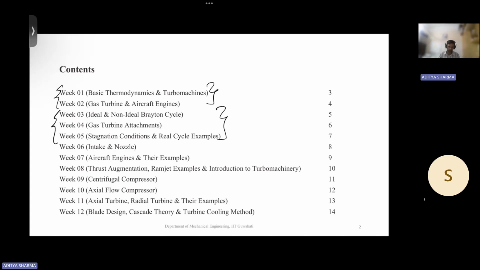If you see weeks 3 to 5, we studied the Brayton cycle. The Brayton cycle is the one which is involved in our gas turbines. After that, we studied different parts